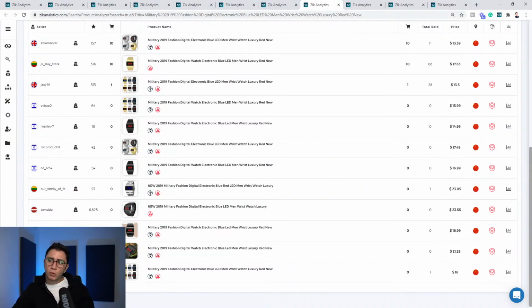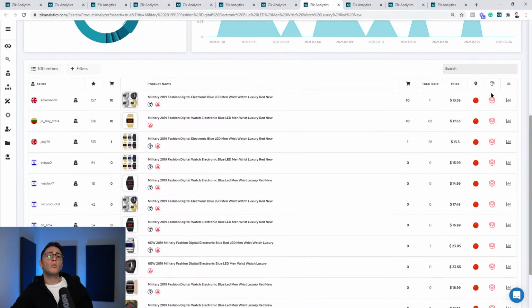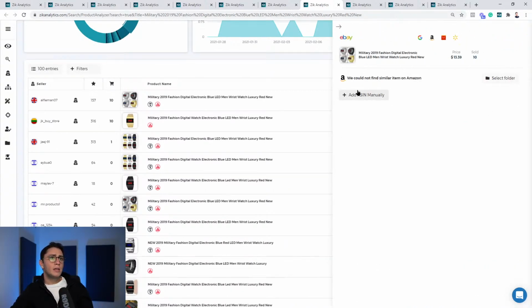Okay, another question for Julio Almanzia. The red box, how accurate do you think that is? I understand that if the box is red, it would mean that the item is not found on, for example, Amazon or Walmart. Absolutely true. You only want to have the icon of Amazon or Walmart. If it's red, you will not find it, but you can always add manually, okay? You can always add manually here. So you get the ASIN, you put the ASIN manually.